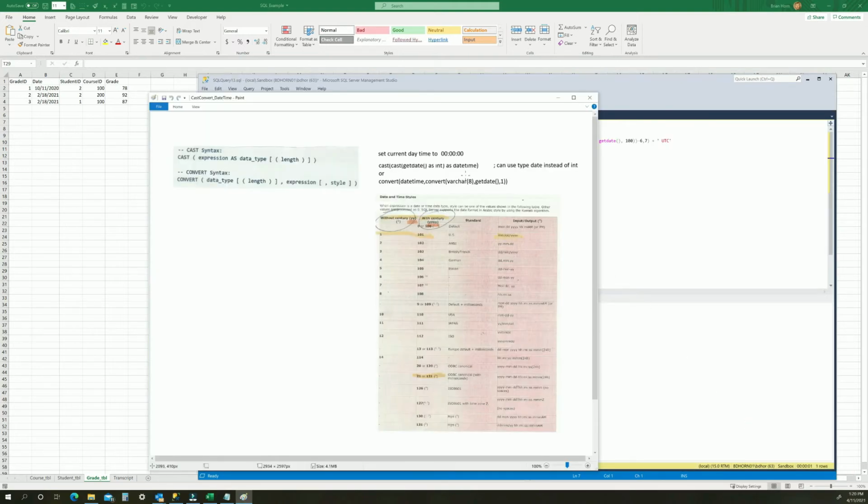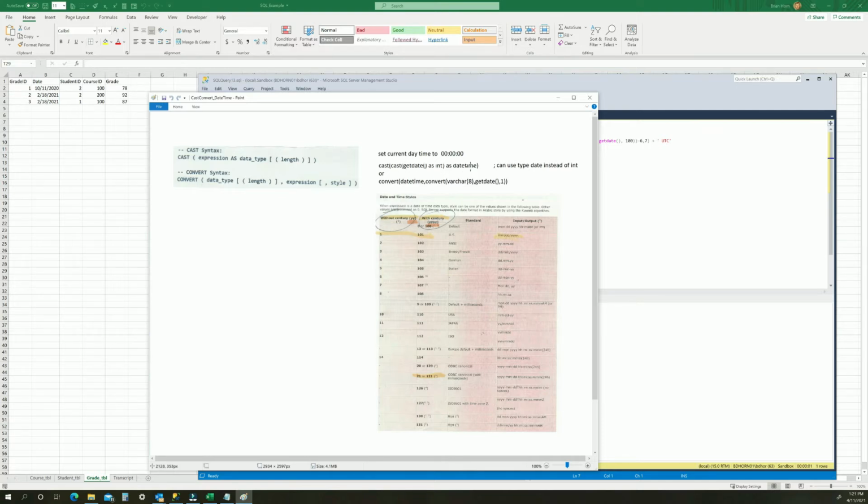You should be aware that Microsoft Windows stores date and time as a number, where the fractional component of the number is the time and the integer portion is the date. And so by knowing that, you can truncate the time off the datetime by simply using an int expression, or retype a date to int, and therefore you only have the integer portion, and then you can cast it